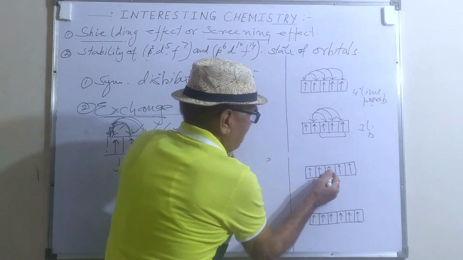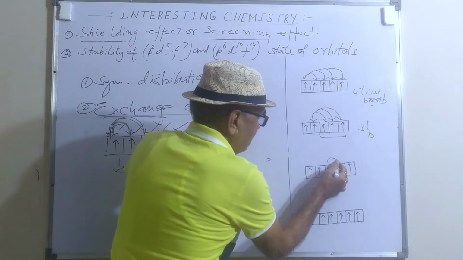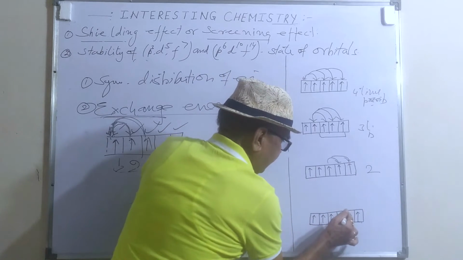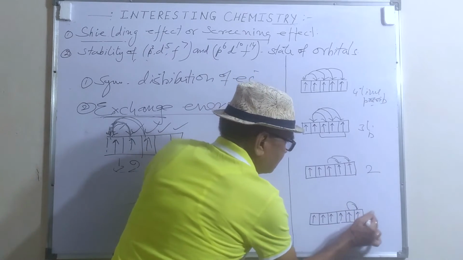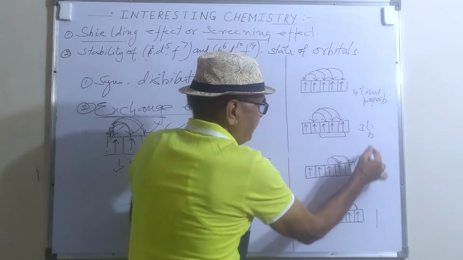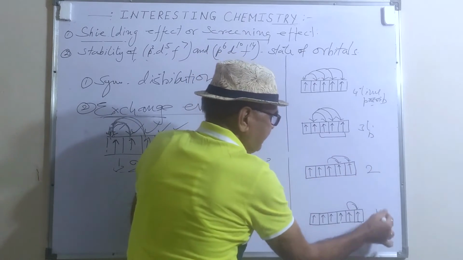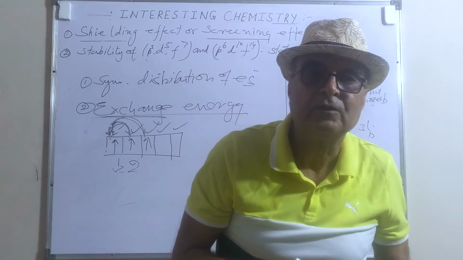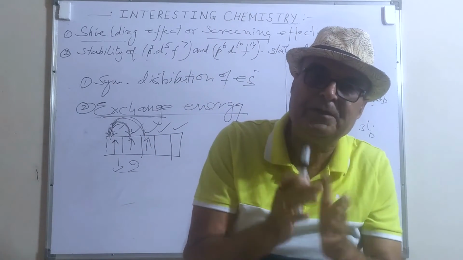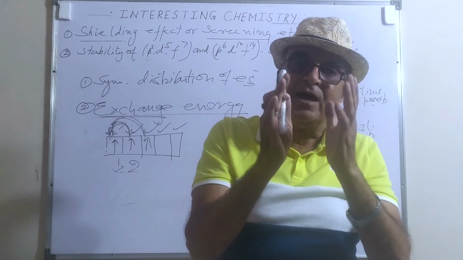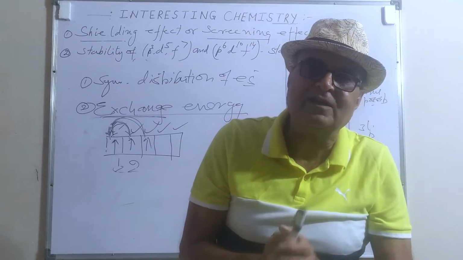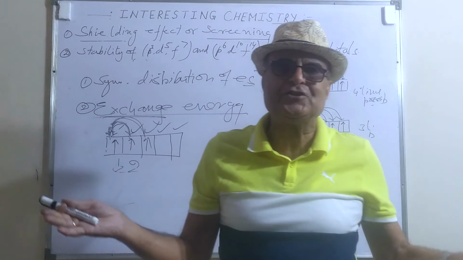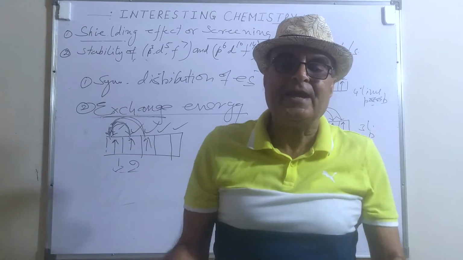Here, suppose this electron may go here and this goes here, so here 2, and this electron now has 1. So total 4, 3, 2, 1, that is 10. There are 10 possibilities in the half-filled d orbital of exchanging the electron, and in